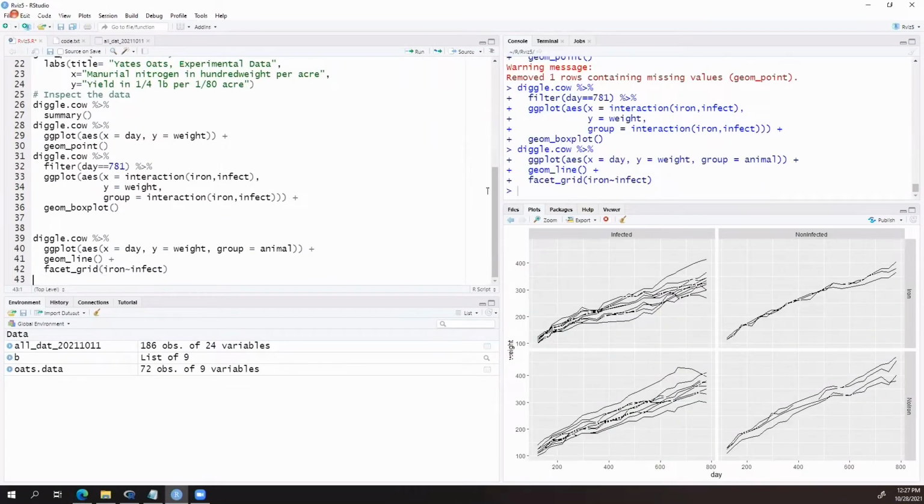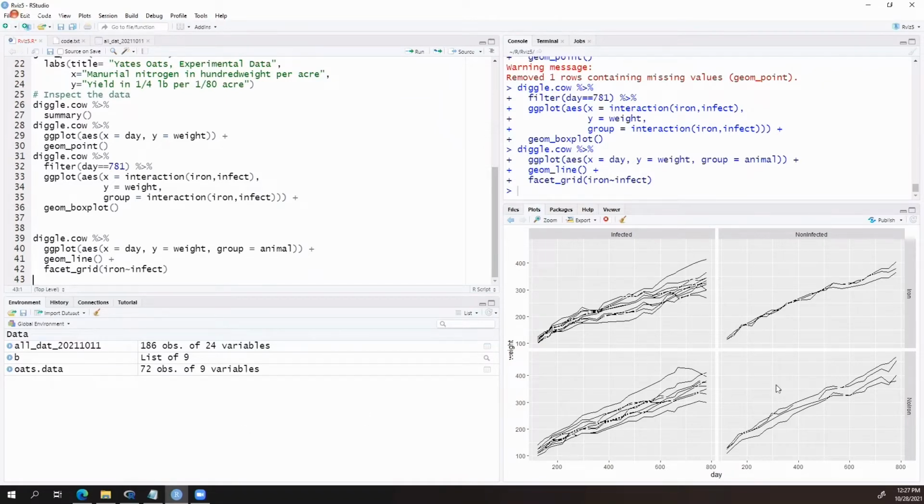And so this time our facets are basically a grid of panes where we compare, again, the days as our x-axis, weight as our y-axis, but we separate out the iron, which is shown on the second y-axis, so uninfected with iron is here, infected with iron, and then down below we have no iron and uninfected. So basically this is your control group, and then infected and no iron.